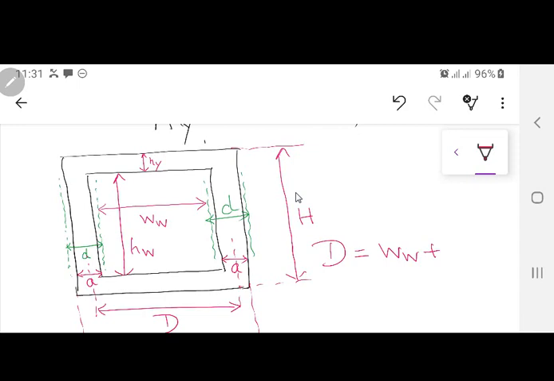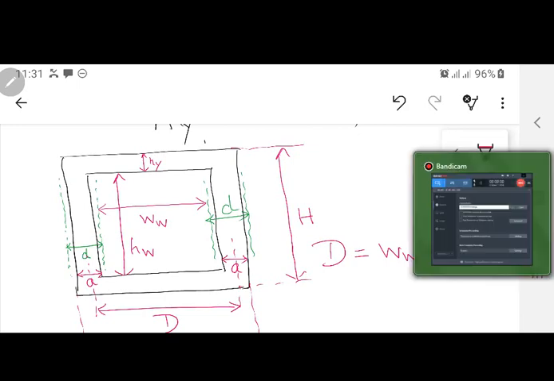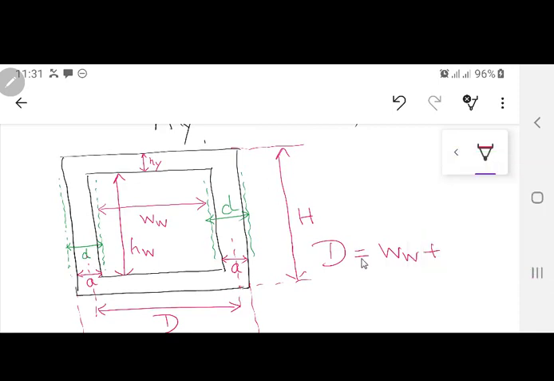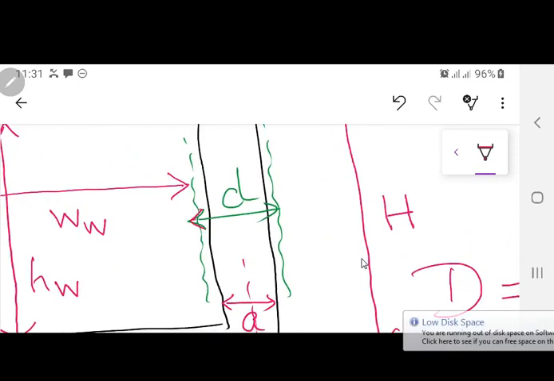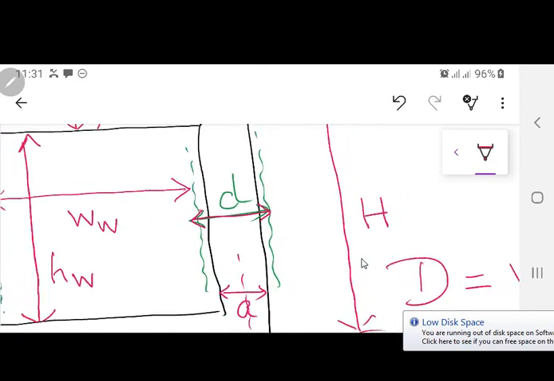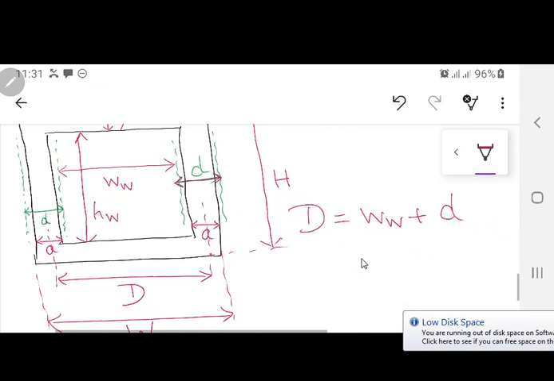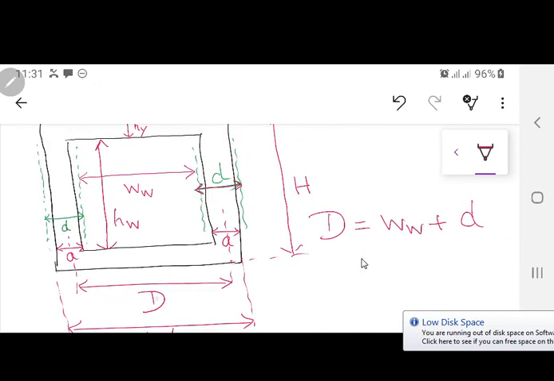This is the premier room of the Electrical Department, and this is its condition. Anyway, D is equal to WW plus D over here. Why D? Because D is the cylinder, the circumscribed cylinder over there. Okay? So you have to take this one from this side to this side. Okay? The actual stamping is A, but the cylinder which you are having over there on which the windings are going to be done, that is D over there. So D is equal to WW plus D, and the depth of the yoke is equal to A, we already know about it, and the height H.